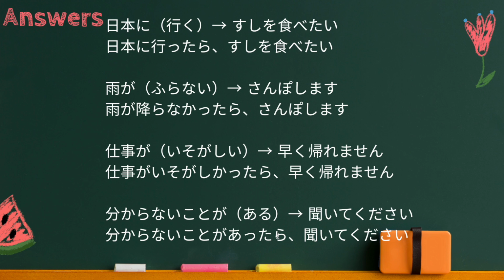So now I will read the sentence, so please repeat after me. 日本に行ったら寿司を食べたい。雨が降らなかったら散歩します。仕事が忙しかったら早く帰れません。わからないことがあったら聞いてください。